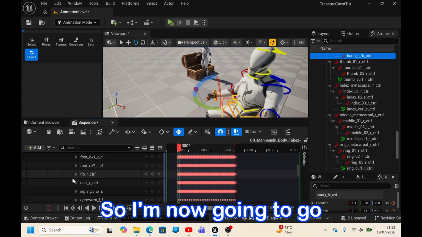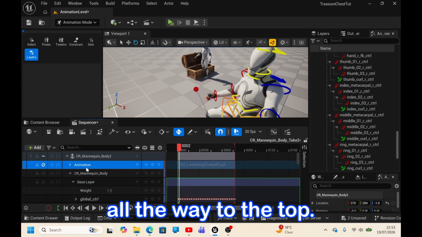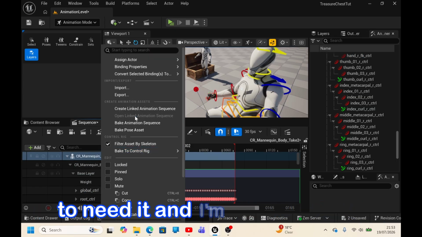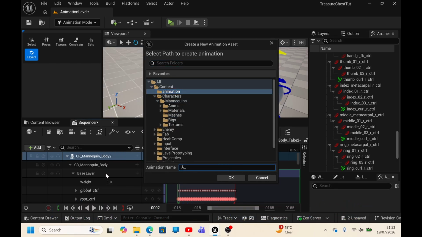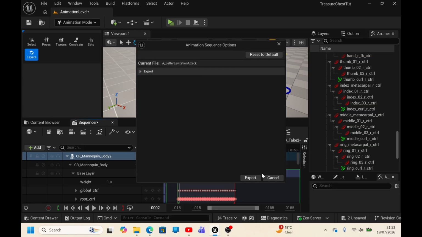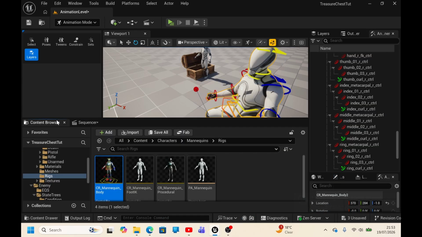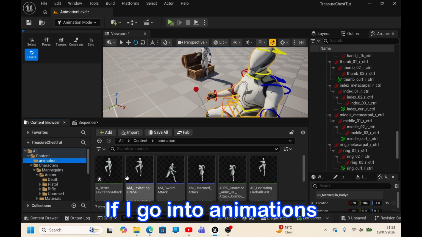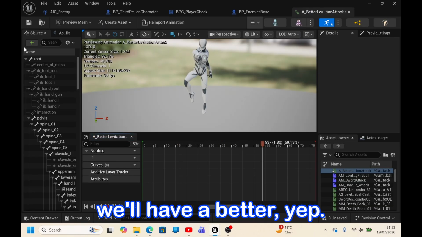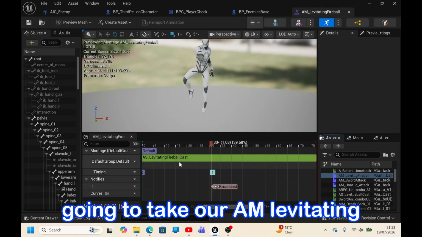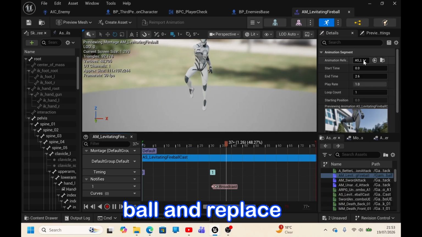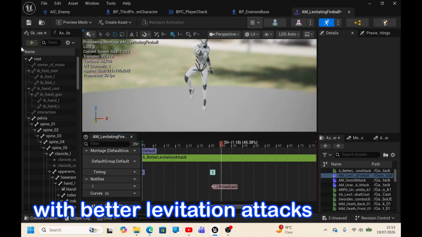So I'm now going to go all the way to the top, get rid of this because it's no longer needed, and I'm going to bake animation asset, animation, call it better levitation attack. And export, save. If I go into animations, we'll have better levitation attacks, and literally now I'm going to take our AI levitating ball and replace it with better levitation attacks, and